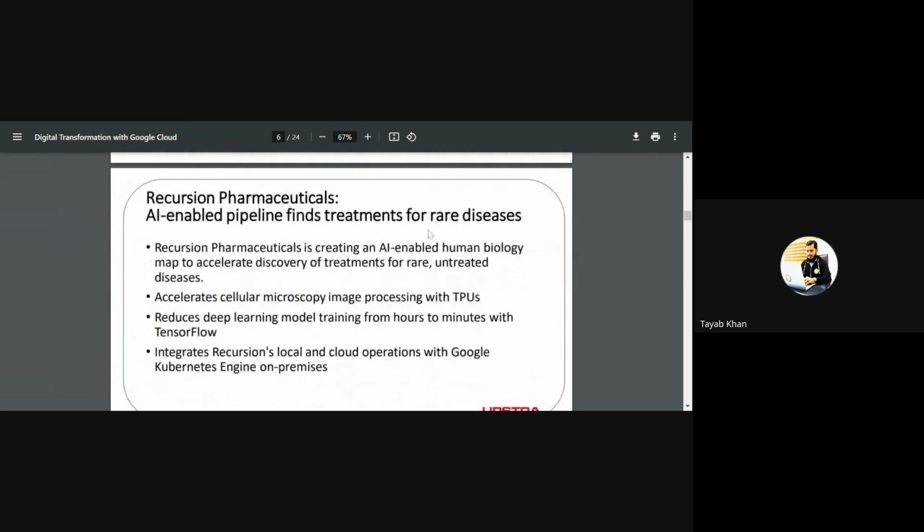So, another company, Recursion Pharmaceuticals. They are using an AI-enabled pipeline to find treatments for rare diseases. Actually, they are using the power of Google Cloud, right? They are using GPUs for microscopy and cellular-based image processing. They are using deep learning models, right? They are leveraging TensorFlow and also integrating their local and cloud operations with modern infrastructure with Google Kubernetes Engine. So Anthos is the tool